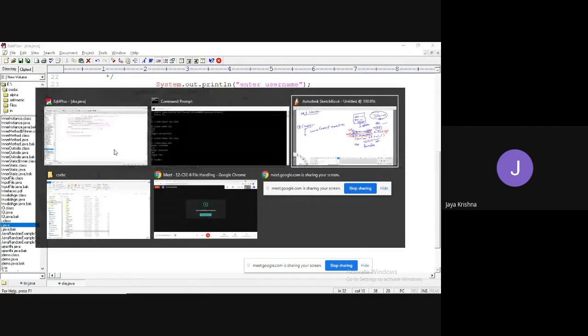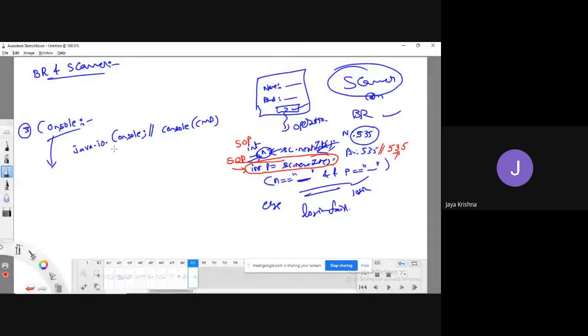But if you use the concept of console, this console has a readLine method, which is going to read a line of data in the form of a string.